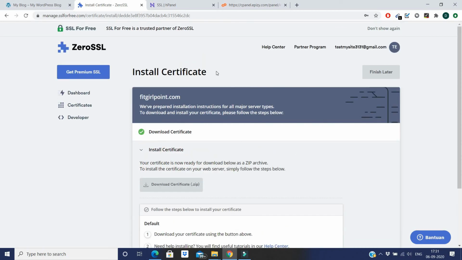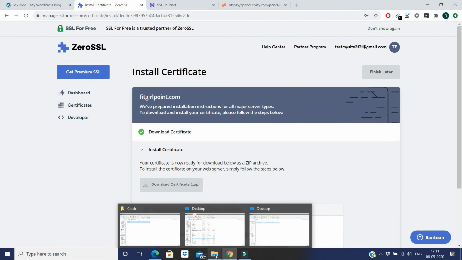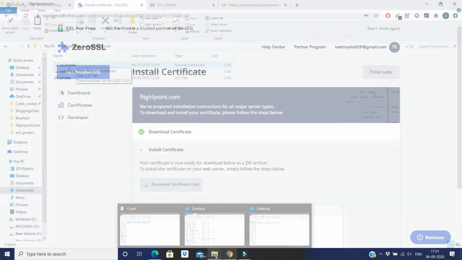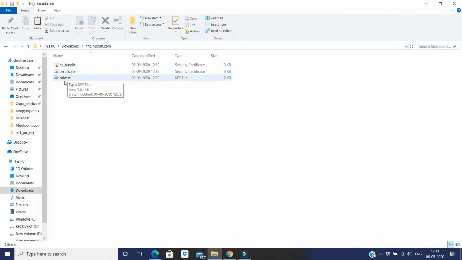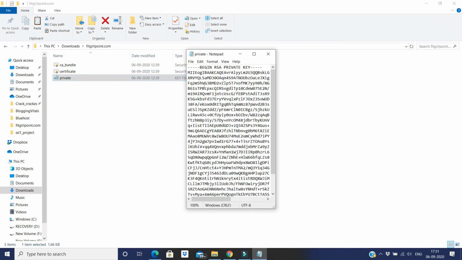The next step is basically again a summary and then the check installation. So basically what you need to do after you download the certificate is open the zip file. After you extract the zip file, you will find three files in it. One is the CA bundle, one is the certificate, and the other is the private key. So first open the private key and copy everything in there,